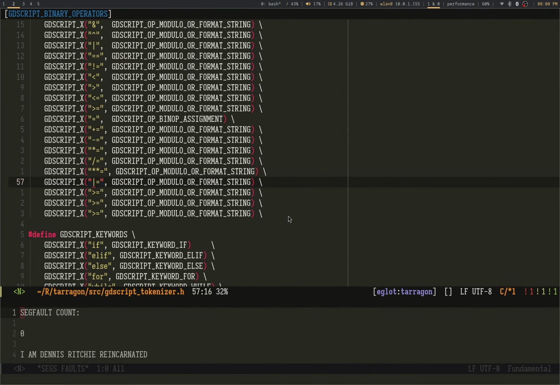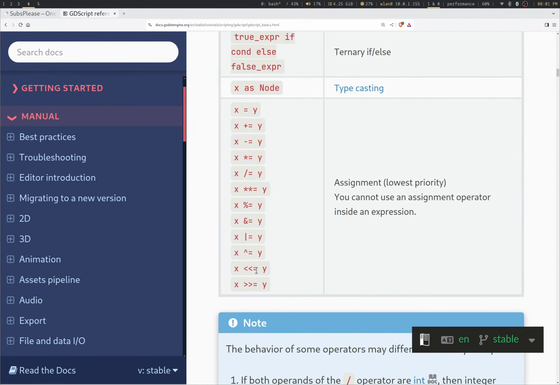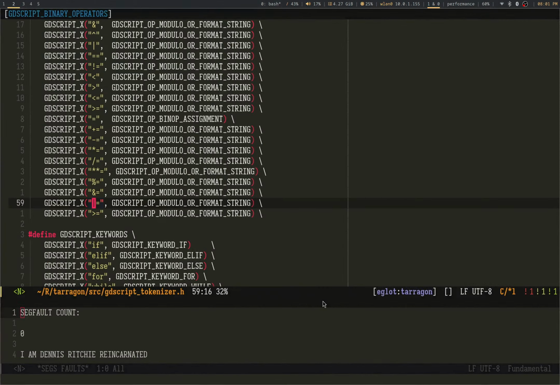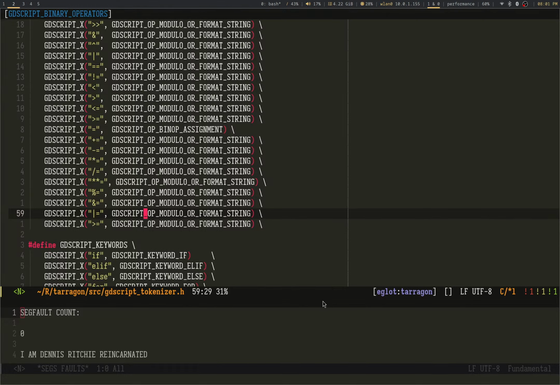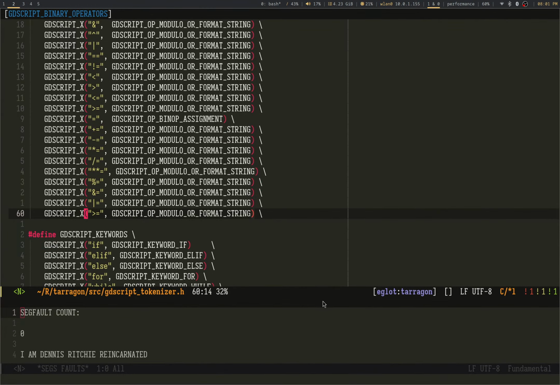Modulus assignment, disgusting. I have bitwise assignments. Hold up. Do I have bitwise not? Bitwise XOR? Oh, I do have bitwise XOR. Okay, great. My favorite.